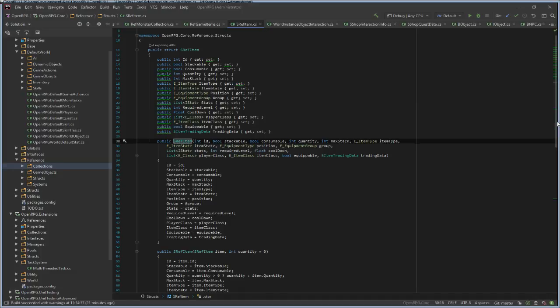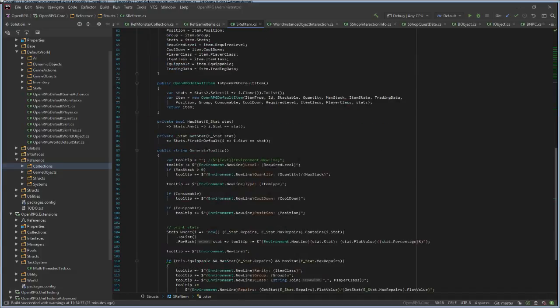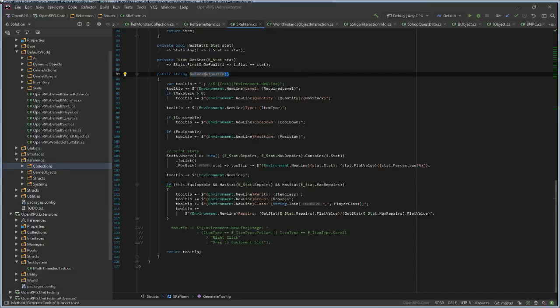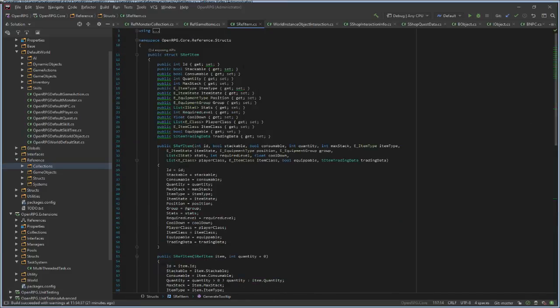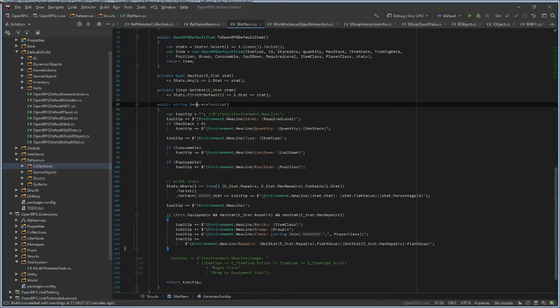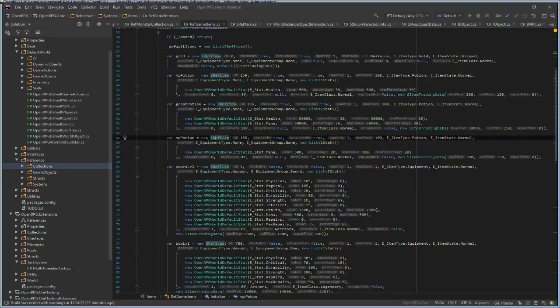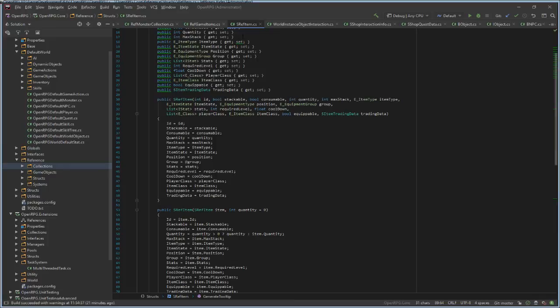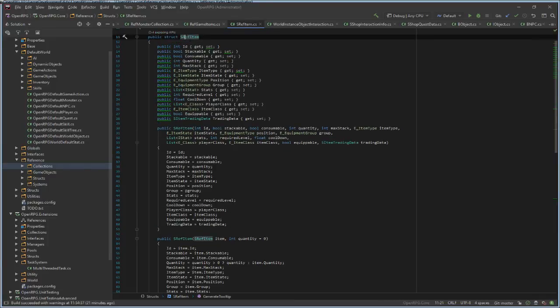We can also generate tooltips from the reference object. So this reference object can also have the tooltip method to work with. So if you have your NPC, it has these reference items.